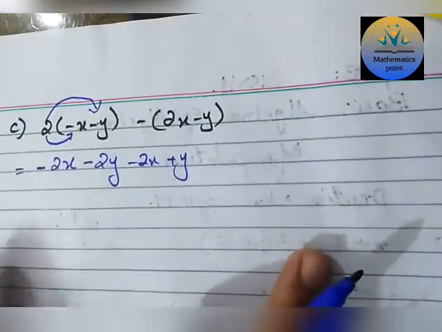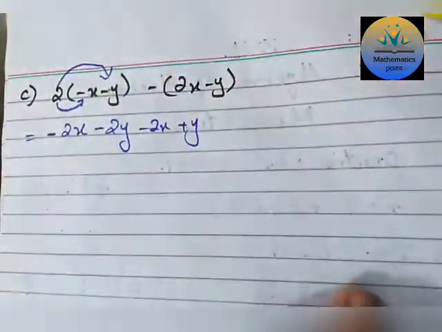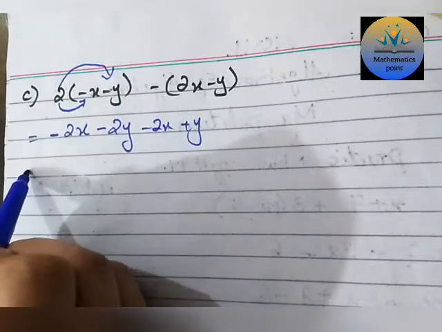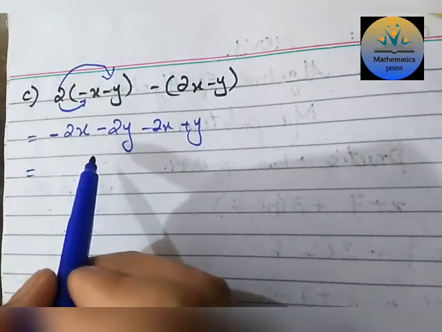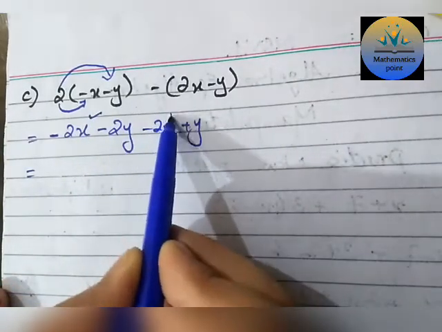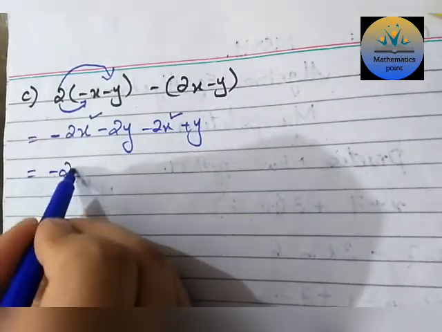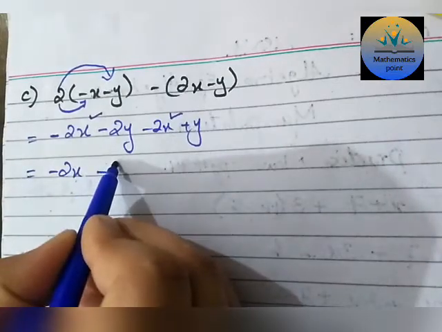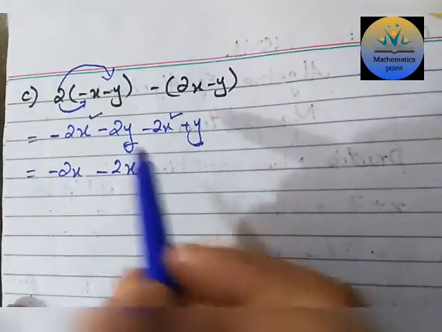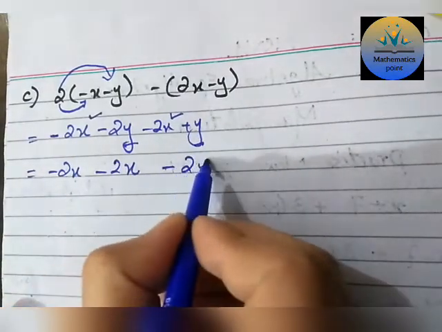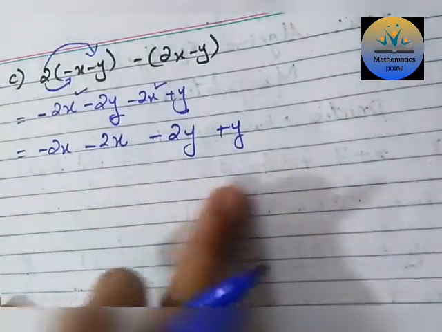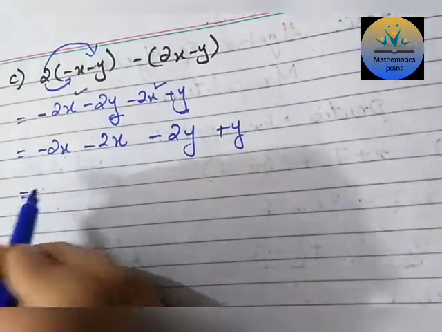If you don't want to recall or remember the multiplication rules, the second approach is that you just have to take this concept. Now write down the terms of the same variable together. Now we have x and the other x term is this, minus 2x and minus again 2x. Then y and y. Now we write down the terms of y. In this step we just arrange the terms of the same variables together.